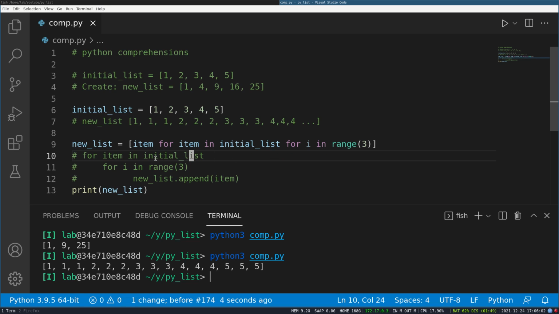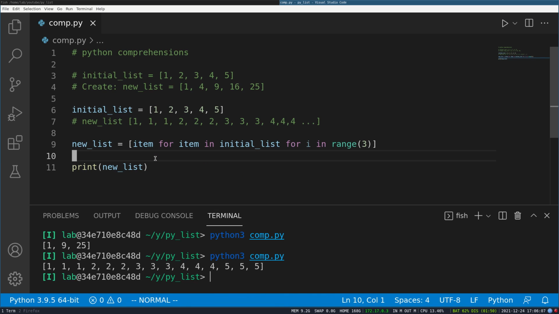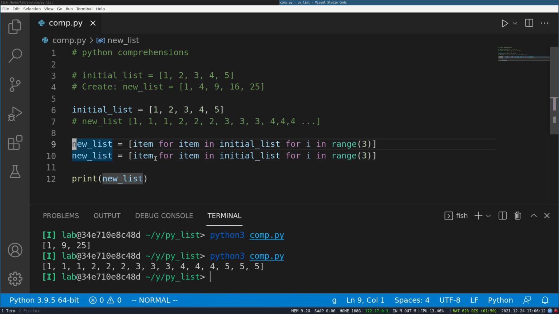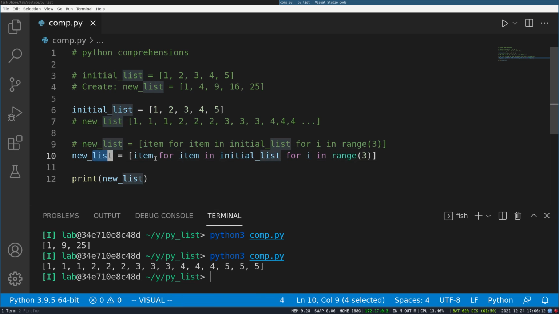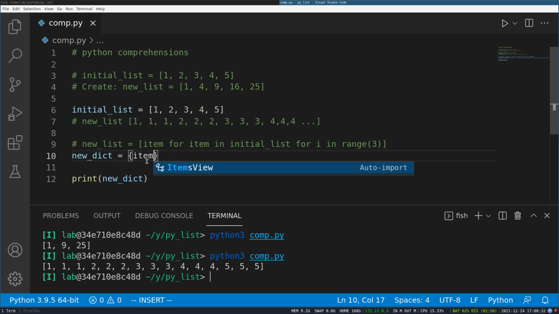And that is pretty much it about list comprehension. Now I would like to also introduce dictionary comprehensions, which are much simpler than the list one, if you know the list one. How would they work? I have the brackets for a dictionary, and I would do item colon item star item.